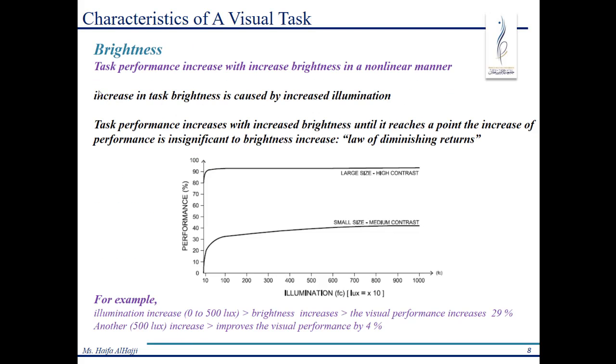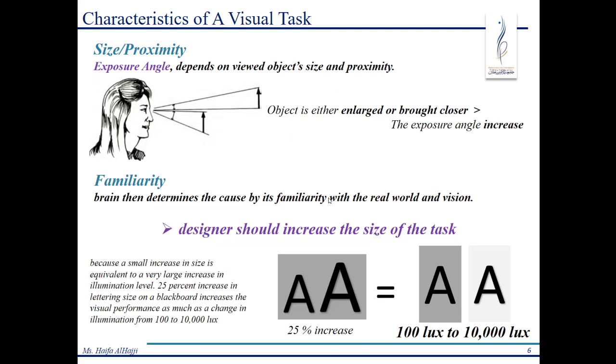Now let's talk about the brightness. Task performance increases with an increase of brightness, definitely. If we have more brightness, we're going to see better. Okay, for example, in here, this is an increase in size of the letter. If we increase the size, we have a 25% increase in performance. If we increase the illumination on a letter, for example, from 100 lux up to 10,000 lux, also we are